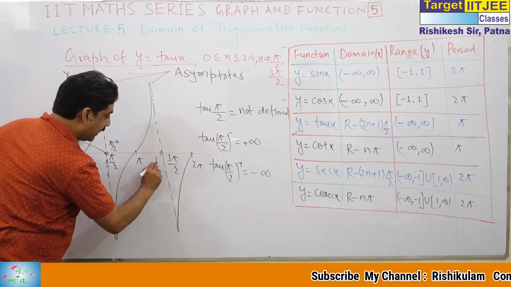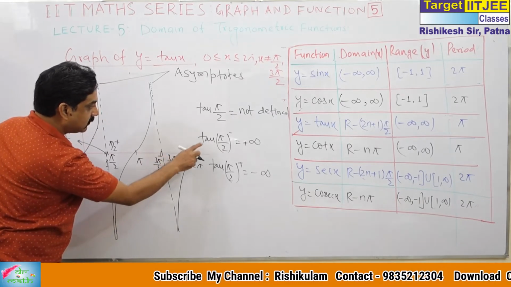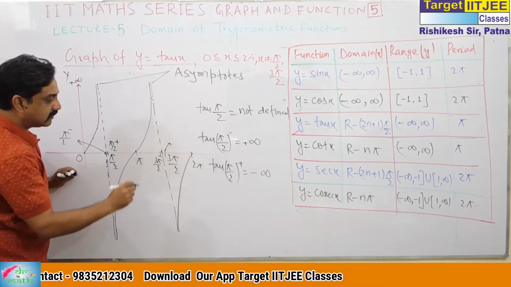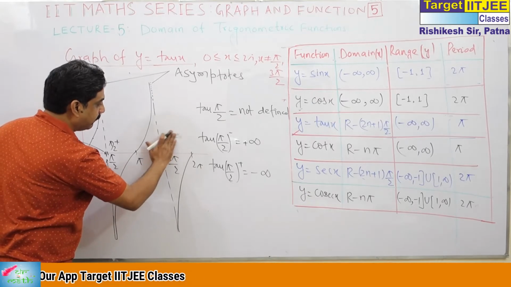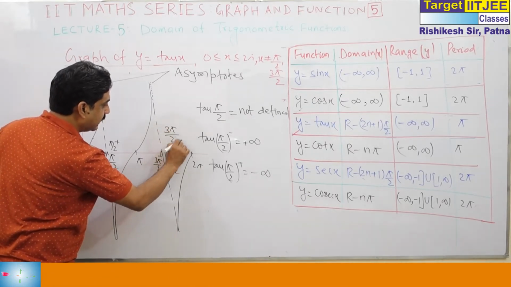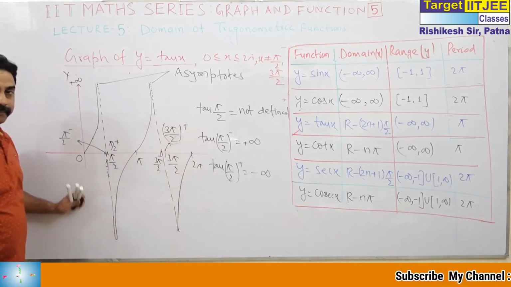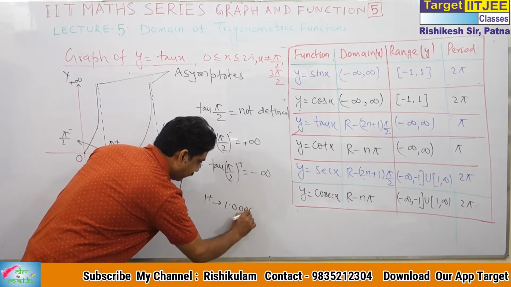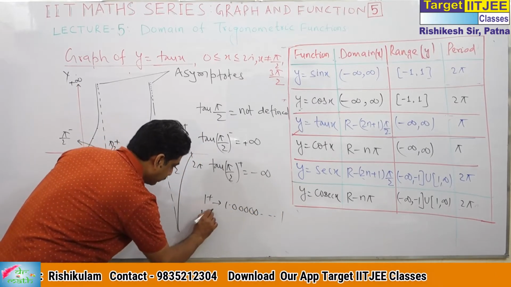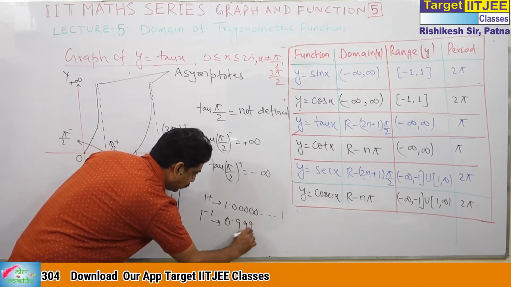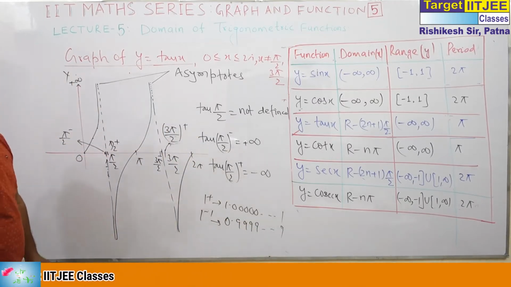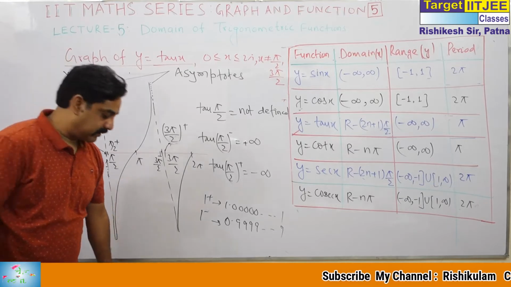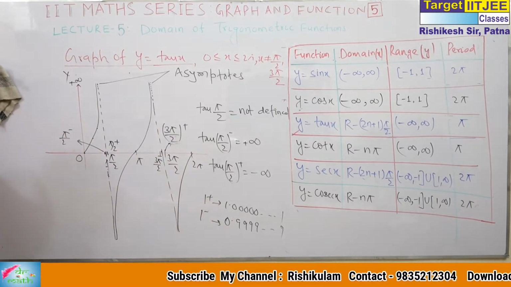Similarly, this point is 3 pi by 2 minus, and tan 3 pi by 2 minus goes up to plus infinity. After 3 pi by 2, this is 3 pi by 2 plus. I hope you know 1 minus and 1 plus. 1 plus means a point just after 1, and 1 minus roughly means 0.99, a limiting case. You can imagine it roughly. Pi by 2 plus, pi by 2 minus: that we have to keep in mind about the graph of tan x.